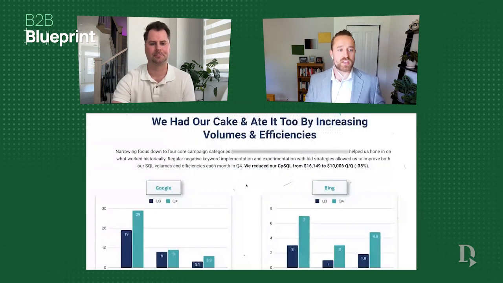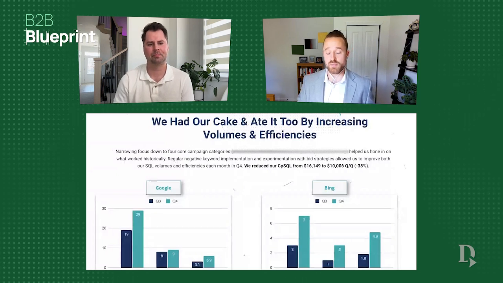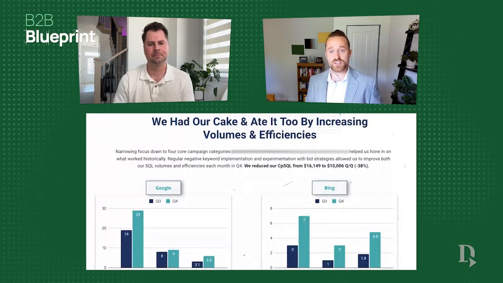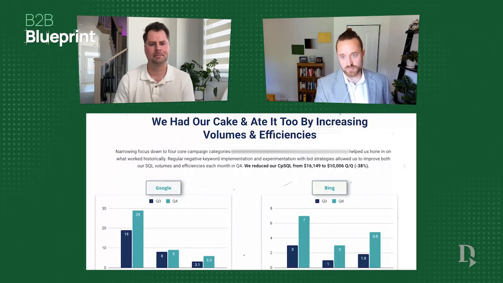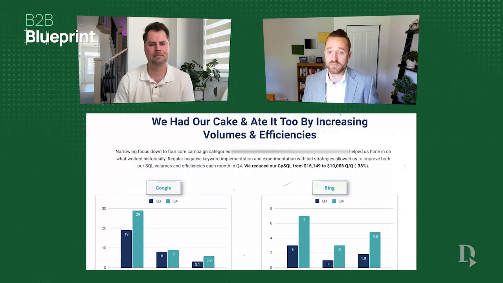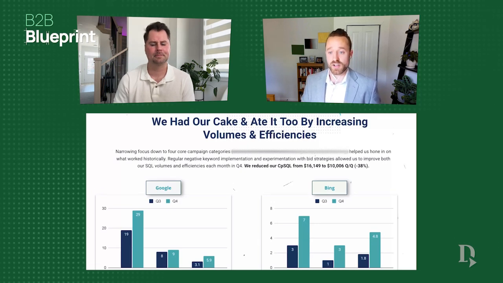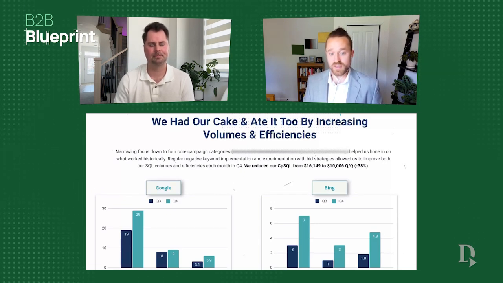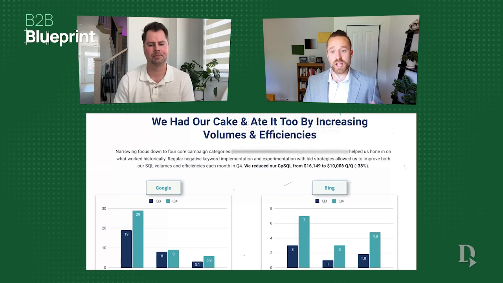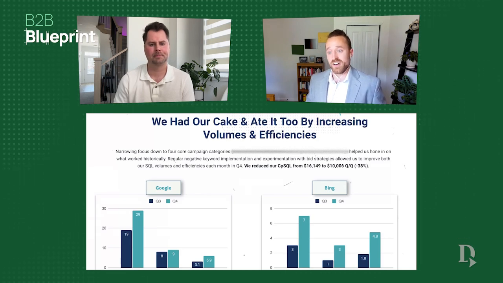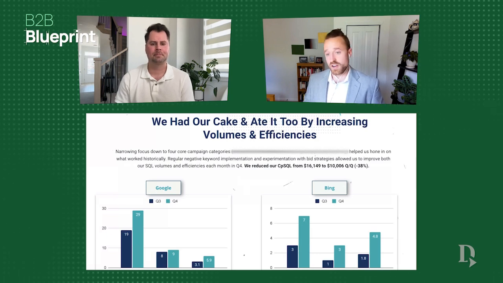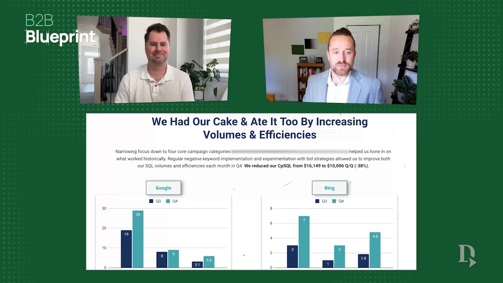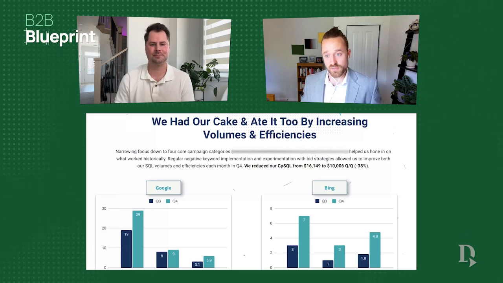So after we were able to have some time to implement the strategies for this client, looking at the previous quarter and the first quarter of our management, we were able to reduce our cost per SQL by about 40%. Not only that, we were able to grow our SQL numbers, both for Google and for Bing, for commercial and enterprise clients. So we had our cake and we ate it too by growing our volumes and improving our efficiencies